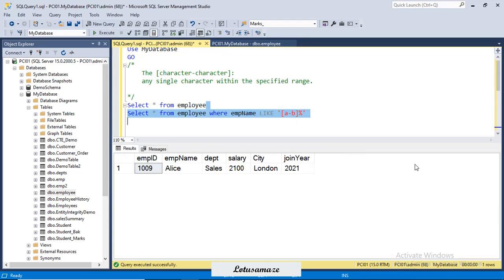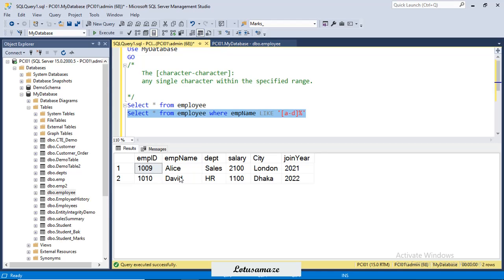only one record starting with A. If I define say A to C, still the same result, and if I say D, then check, one more record, that is David.